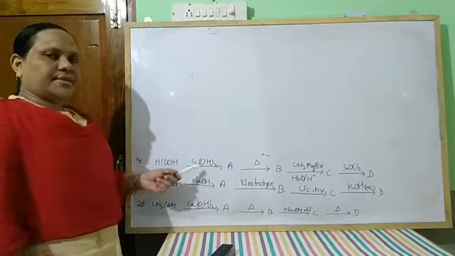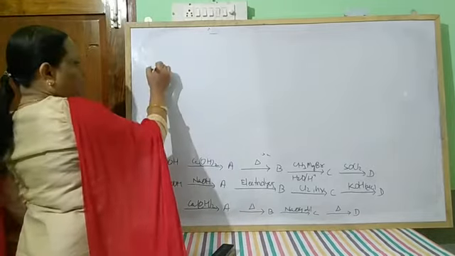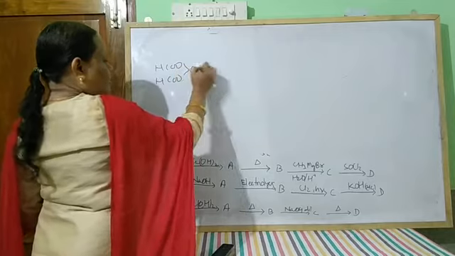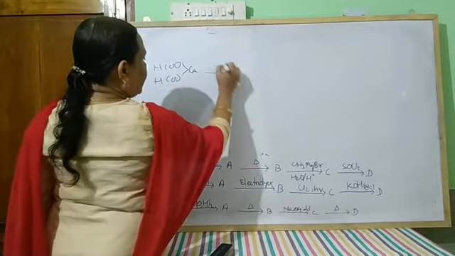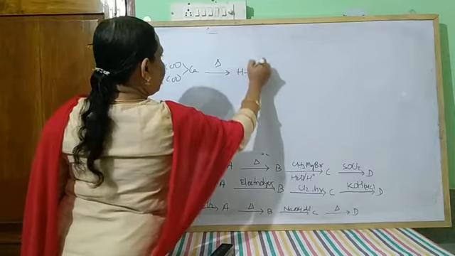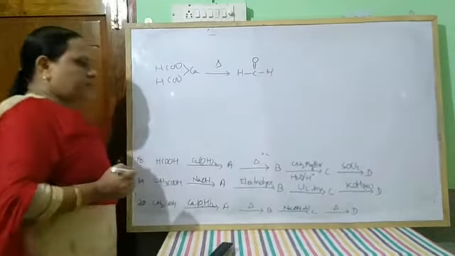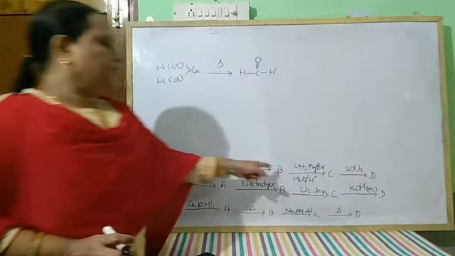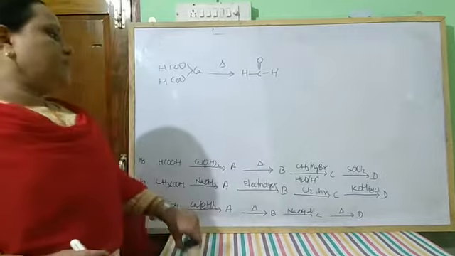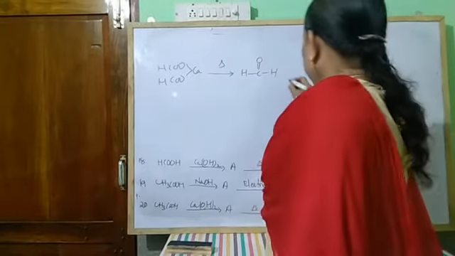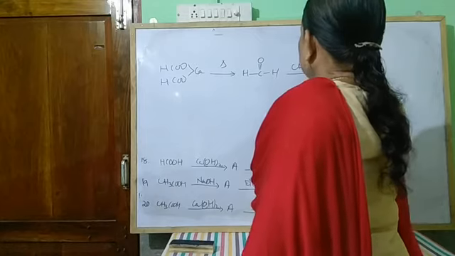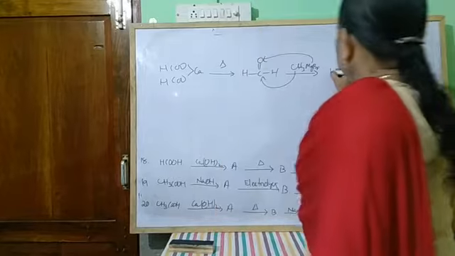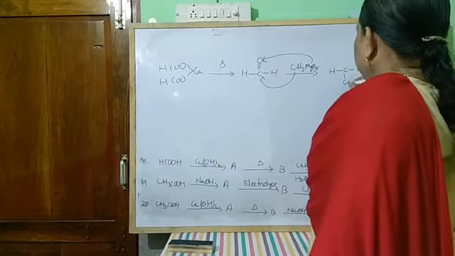Formic acid reacts with calcium hydroxide. It forms calcium formate. When it is heated alone, it forms formaldehyde, already discussed in previous question. Next, it reacts with CH3MgBr, then H2O, H plus. So when it reacts with Grignard's reagent, first MgBr, HCHO,